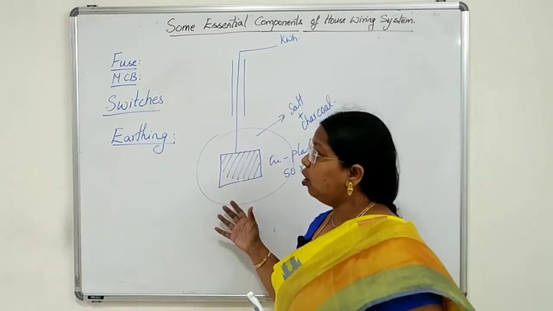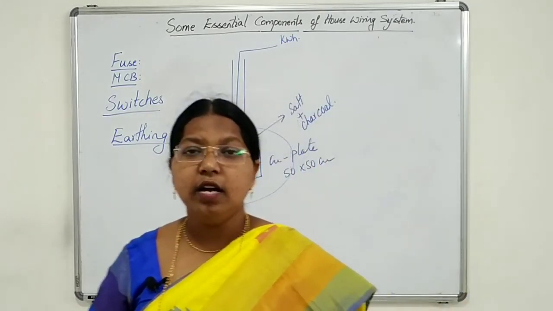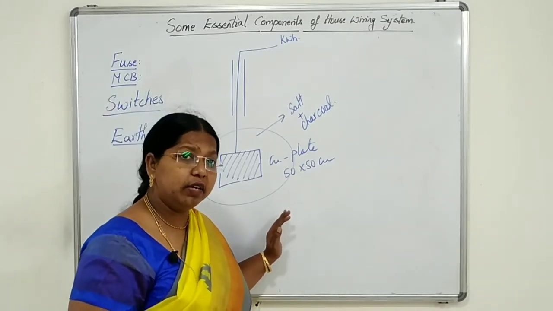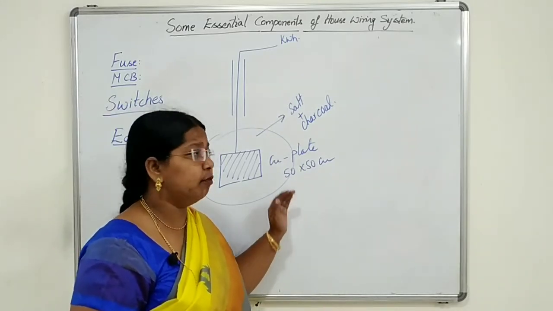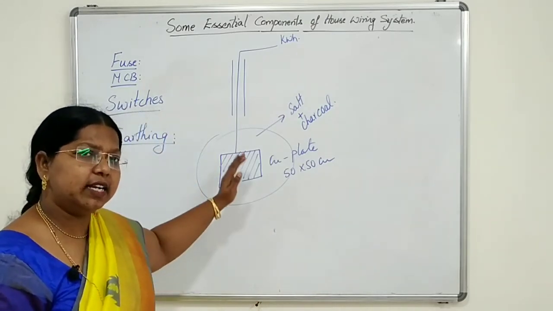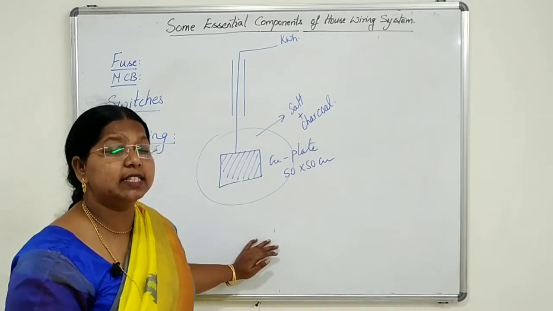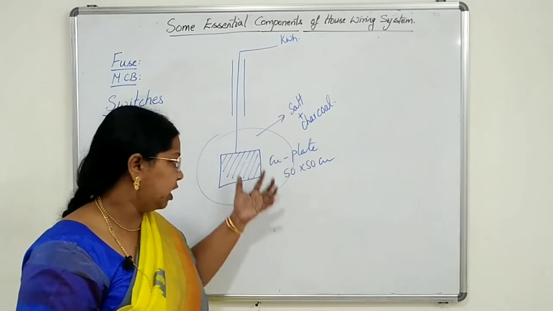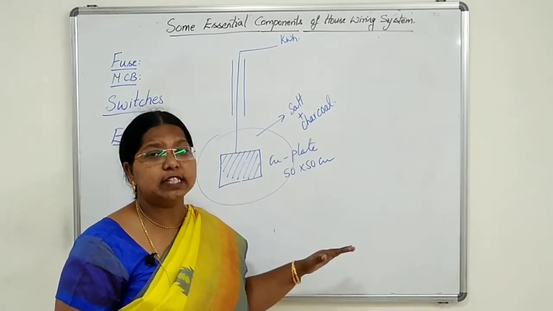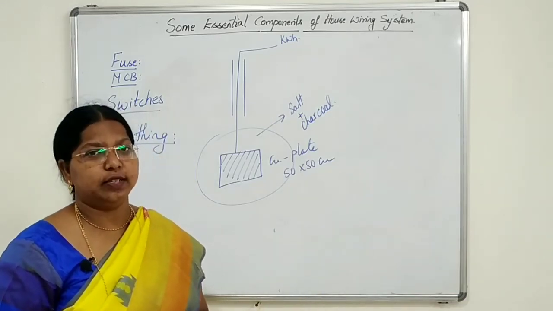Okay, so this is called local earthing. Local earthing is done near the kWh meter. This is very important. Why we are doing this earthing, we'll see when we are talking about the earth wire. If any excess current is there, it is sent down into the earth. Earth is acting as an electric sink. However much electric energy we are giving it or it is taking, it will always stay at zero potential.